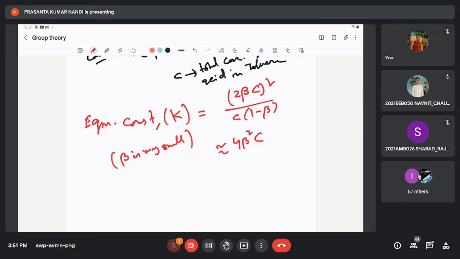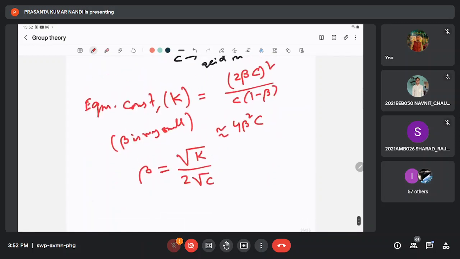What is beta? Beta equals what can we write? Can we write square root of K by 2 square root of C? Yes. So you can write